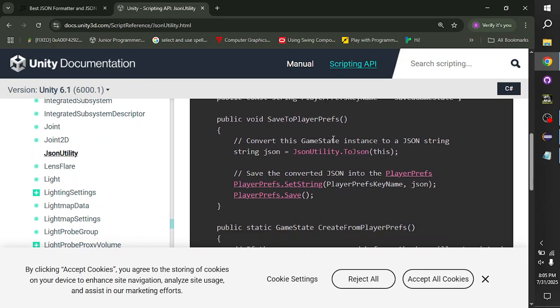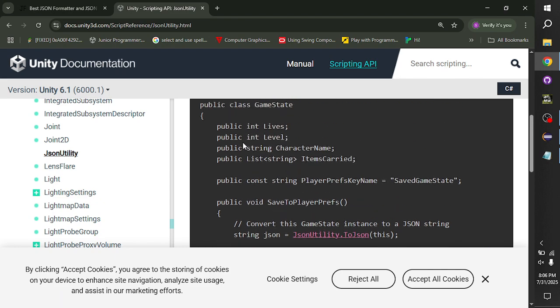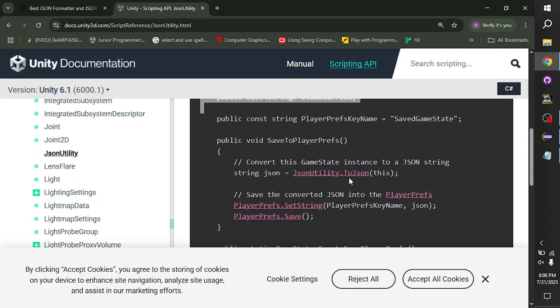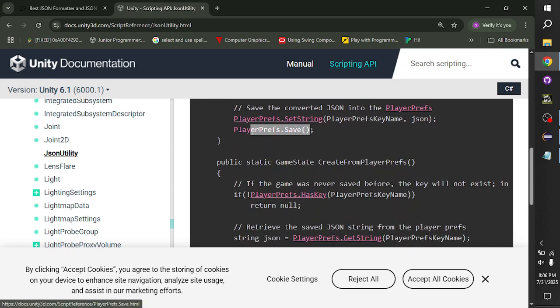So this will be stored. And which format will it be stored in? It will be stored in a JSON format. You can see string JSON equals ToJson. ToJson means convert this object into JSON. Okay, so once you save this, if you want to read it back,